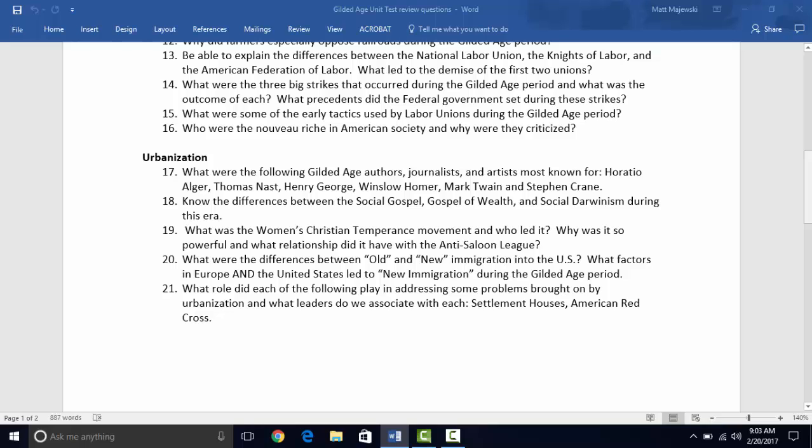The second major strike you need to be familiar with is the Homestead Strike. That is in the steel industry. That's Carnegie Steel. It was a series of battles that were fought by strikers who locked themselves in the actual steel mill and guarded it with weapons. And so they got into a series of battles, I guess you could say, gunfights